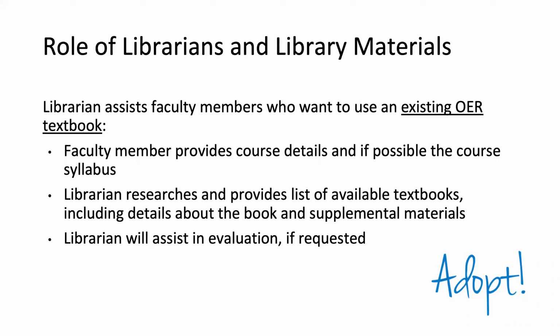So one of the things that we probably do more than anything else is we help faculty members find an existing open textbook that they can use. And when we first started doing this, there were not that many sources, so often we came up with one textbook that could work in a particular class. And now we're finding, as we research this, multiple textbooks that could work in a certain course, so the faculty members do have a choice of what they might want to use.